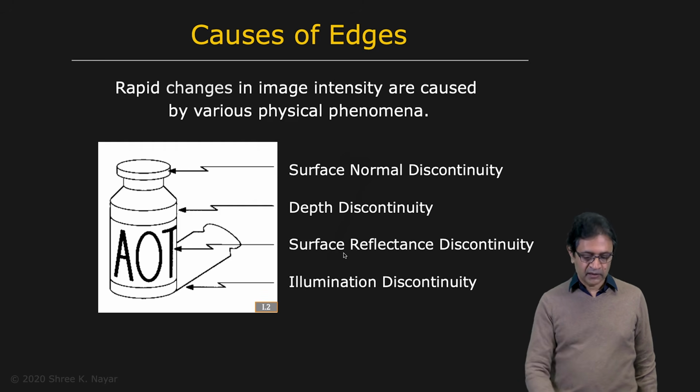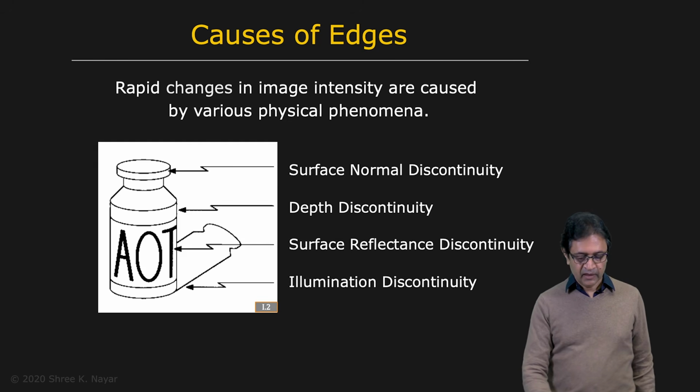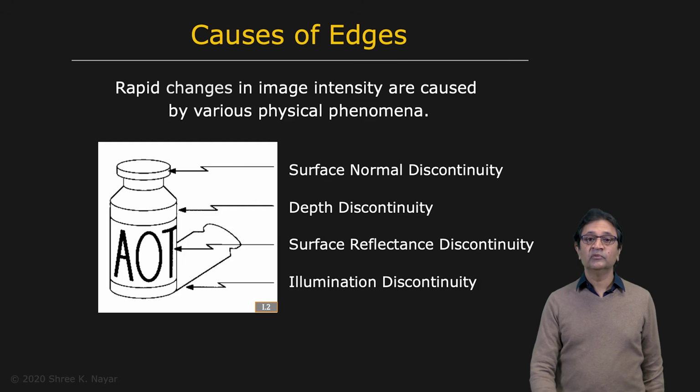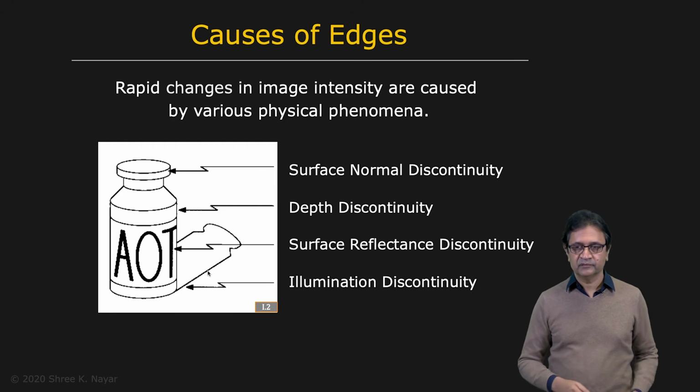And then, of course, you have surface reflectance discontinuity. You have something with a marking. In this particular case, you have these letters written on the label right here, the dark letters. And there's a difference in the material used in the letter versus outside the letter, maybe different pigments. And that difference in material corresponds to difference in reflectance properties, and therefore you get a discontinuity in the brightness. And finally, of course, you have shadows or illumination discontinuities. Here you see the bottle casting a sharp shadow on the background, and therefore you have a sudden change in the amount of light falling on either side of the edge, and therefore a sudden change in brightness.